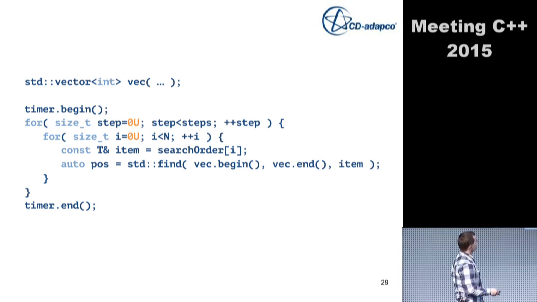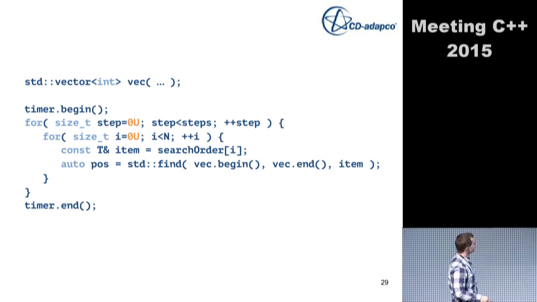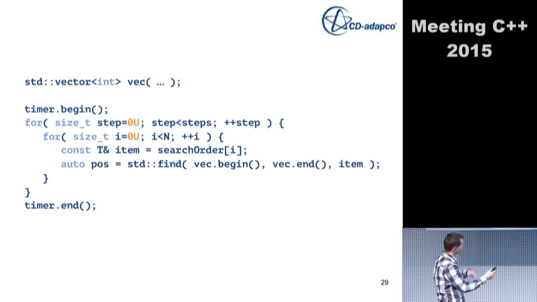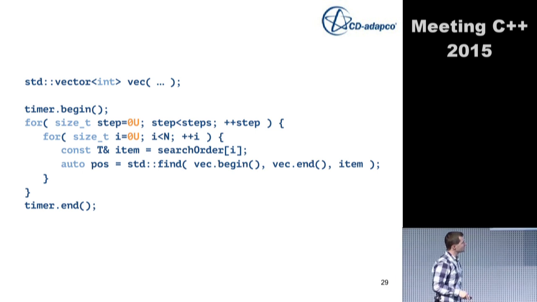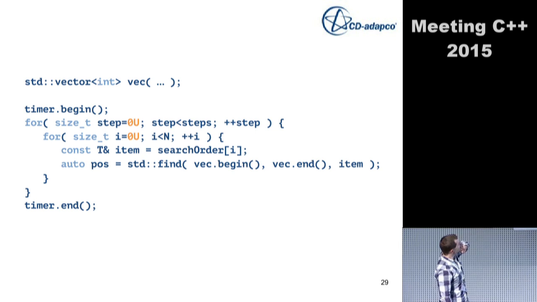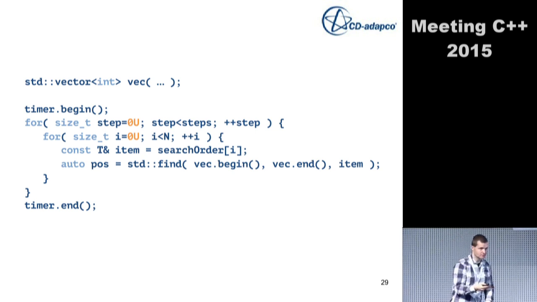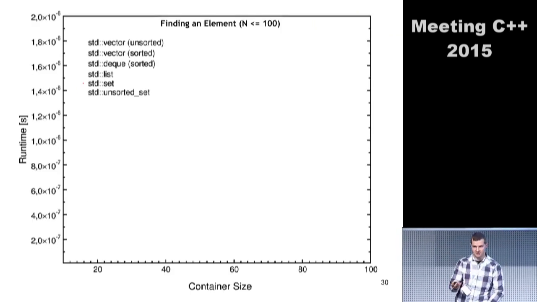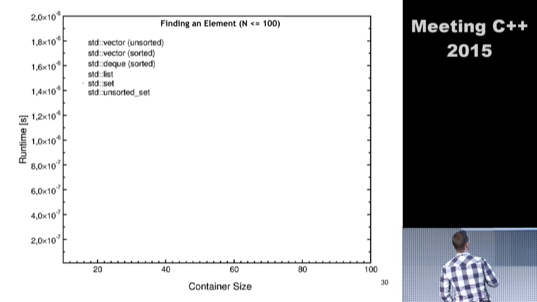Yeah? And of course, I do this a lot of times again. And this is the part that I'm truly measuring. So I do not search for a single element, but for a couple of elements, and it should average out eventually. Okay, what I'm using here, slight change, I'm using an unsorted and sorted vector. Yes, a vector can be sorted too. So just to demonstrate that this makes a difference, I'm using both versions now.